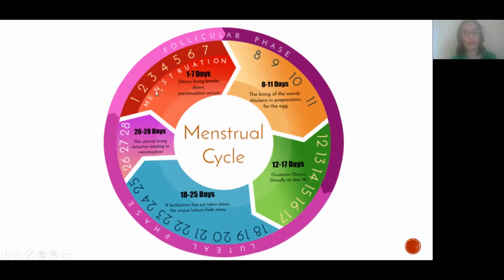So these are the bleeding days, safe days, unsafe days where fertilization is possible, and these are the safe days. That's why for couples who are into the calendar method and trying to make use of this, so long as the menstrual cycle is 28 days, then this can possibly be used. But of course, this will not be applicable for other females who have a different number of days of cycle.